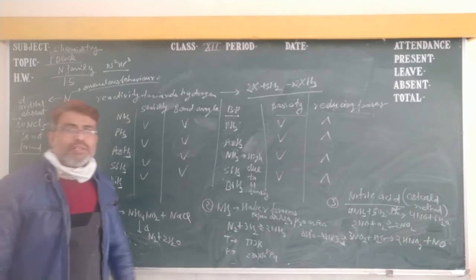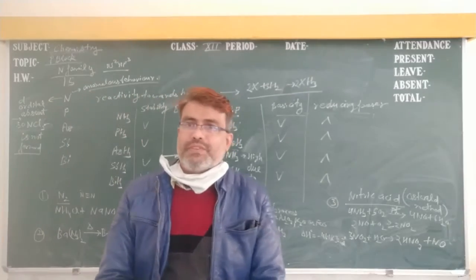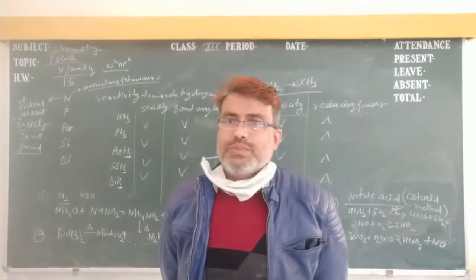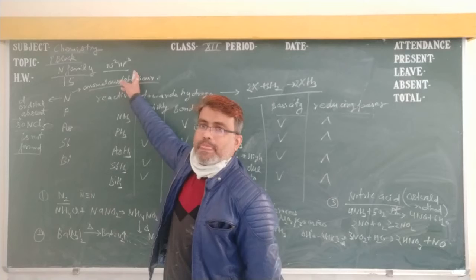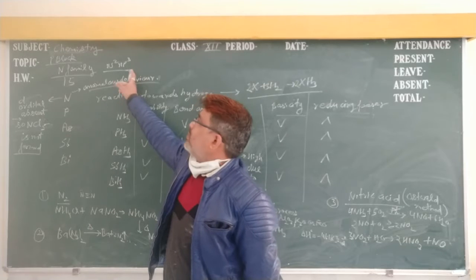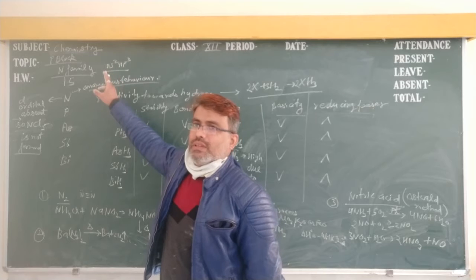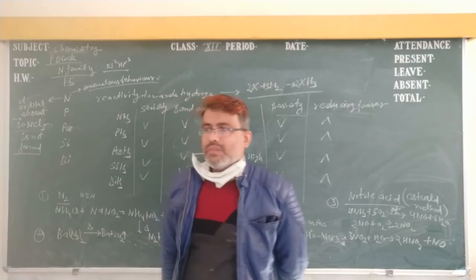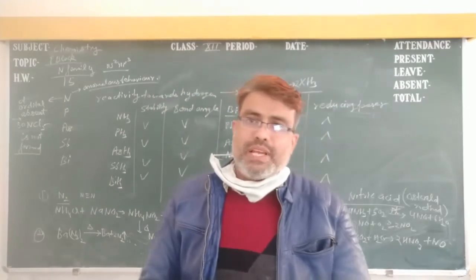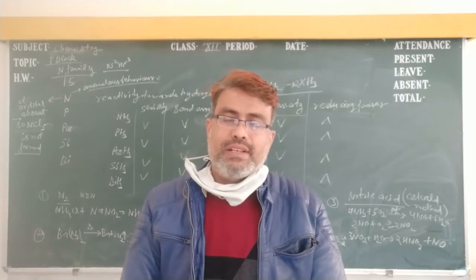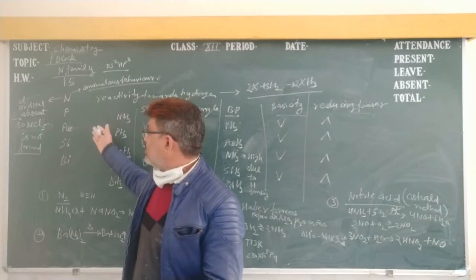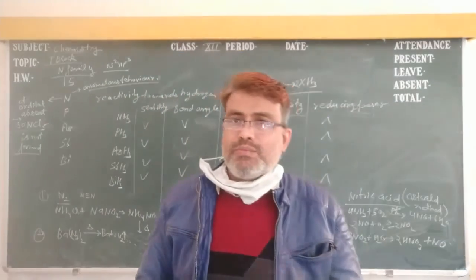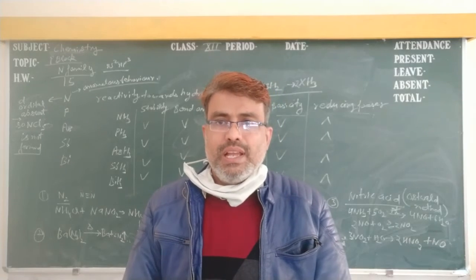Actually, all these elements belong to the nitrogen family because the first member is nitrogen. The general electronic configuration for this group is ns2 np3, so there are 5 valence electrons. The first member, nitrogen, shows anomalous behavior, meaning different behavior from the other members like phosphorus, arsenic, antimony and bismuth. The reason is the small size of nitrogen, its high electronegativity and the